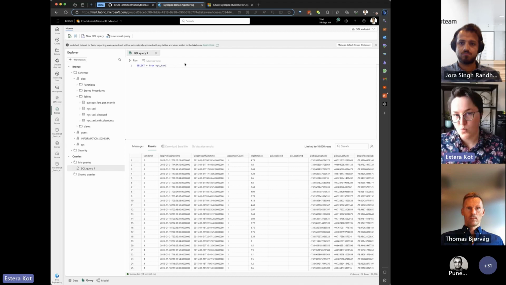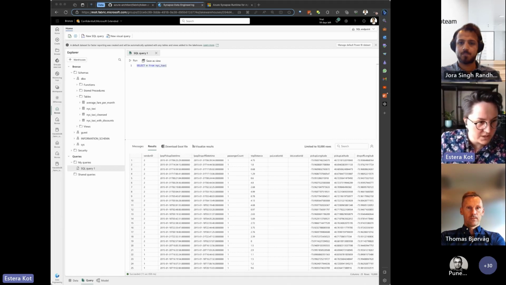So what we can do right now is do everything in Spark. And one feature that I really like in this SQL mode, provided by the SQL endpoint, is that we can create views. So let me find the note on what kind of view I want to create.